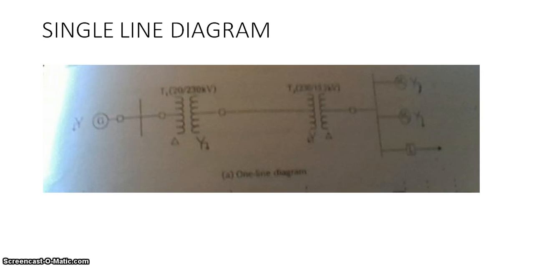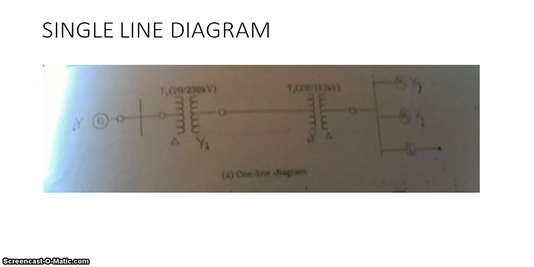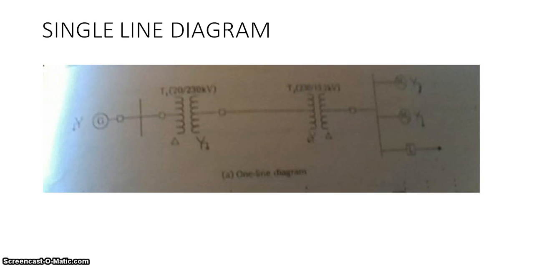We are considering a single line diagram for a three phase system, in which, for calculations, we consider a single phase. In single phase we are taking the single line diagram, impedance diagram and reactance diagram. In the single line diagram we are taking the components of the system with their ratings, as shown in the above figure.